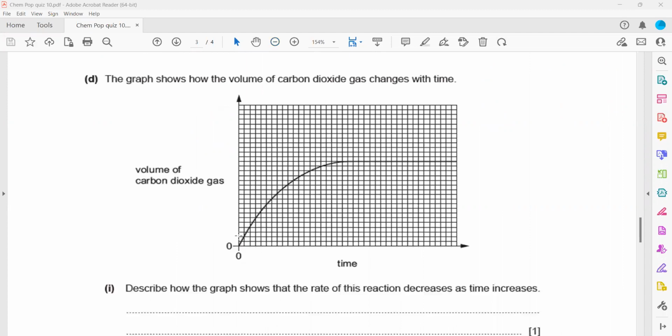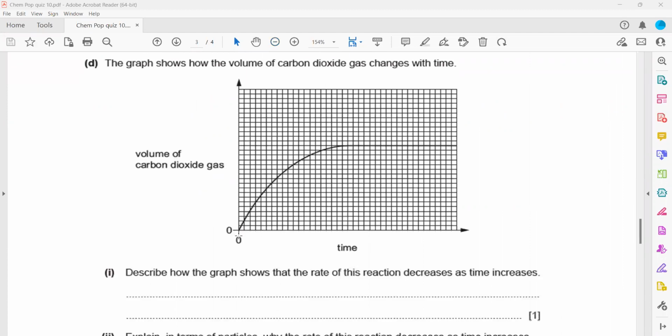Then the graph shows how the volume of carbon dioxide changes with time. The graph shows that the rate of the reaction decreases as the time increases. Remember one thing, the slope of this graph represents the rate of the reaction. So you can just mention the slope or the